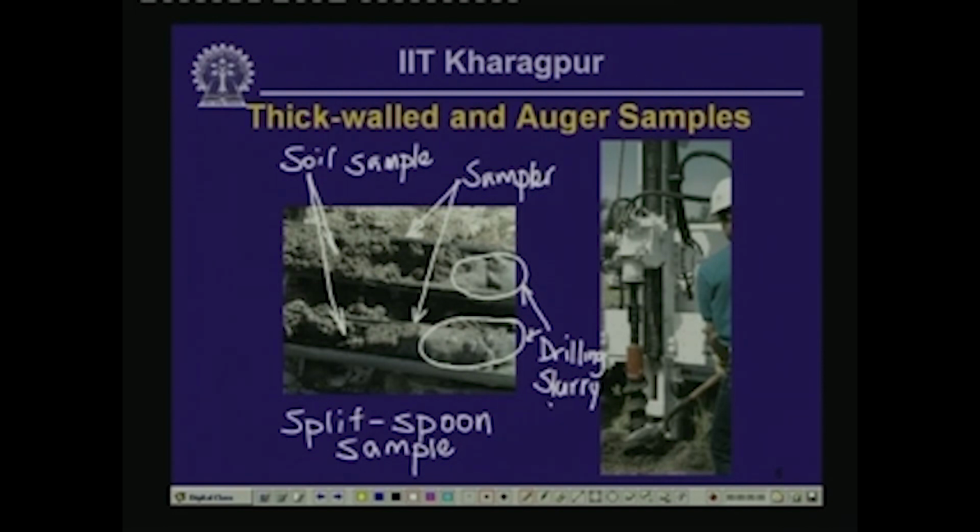It is taken by a split spoon sampler, and it has got a lot of disturbance inserted because this particular sample is obtained by inserting a thick walled sampler into the soil, and secondly because of the intermixing of the soil with the drilling slurry. Okay, so those are the details of a split spoon sample,